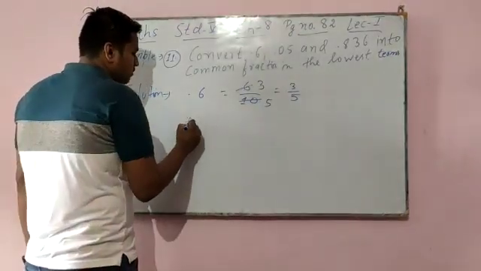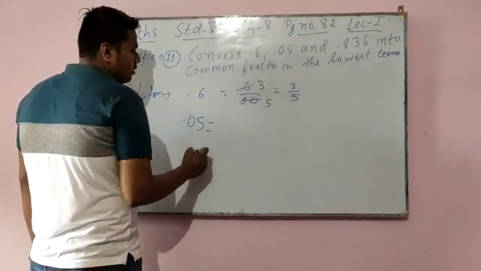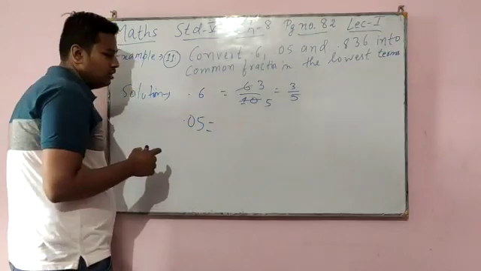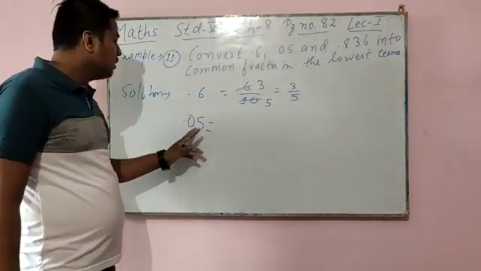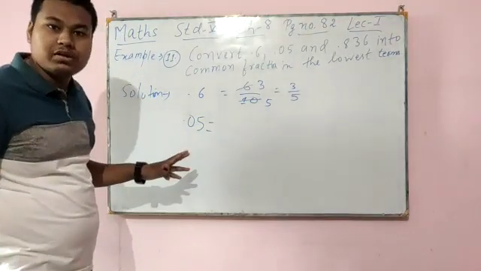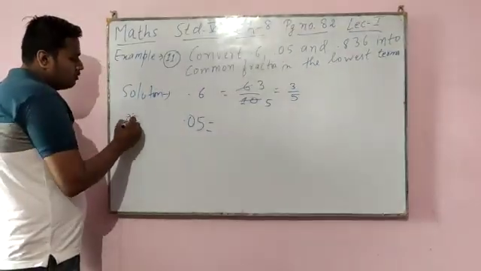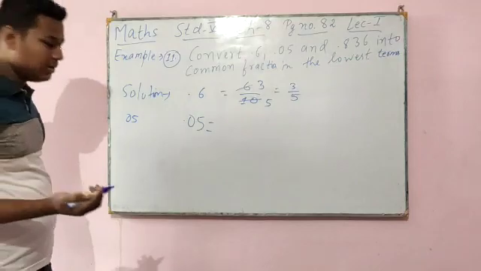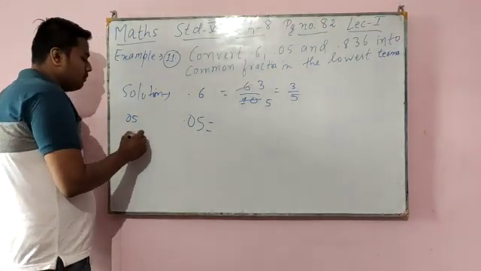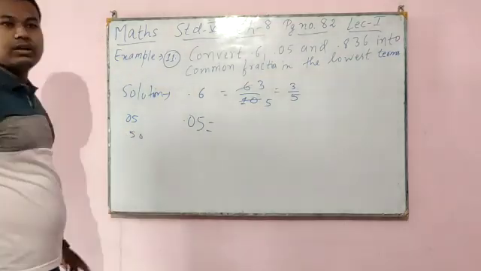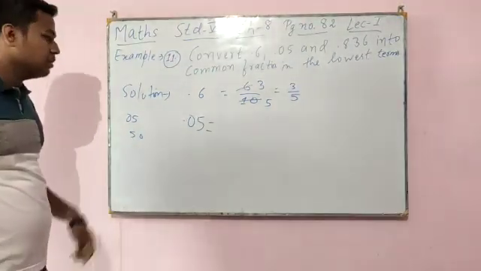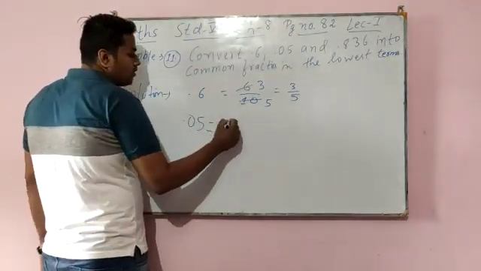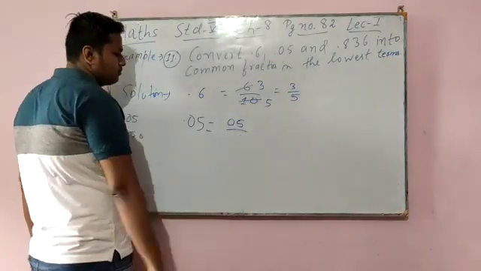Now come to decimal 05. See, decimal 05 is there, so there is no value of 0. When this 0 will be after 5, we can say 50. This 05 what will we read? We will read 5 only. But if this 5 is after 0, then what will we read? 50. This will read 5, this will read 50. So just write 5 only.